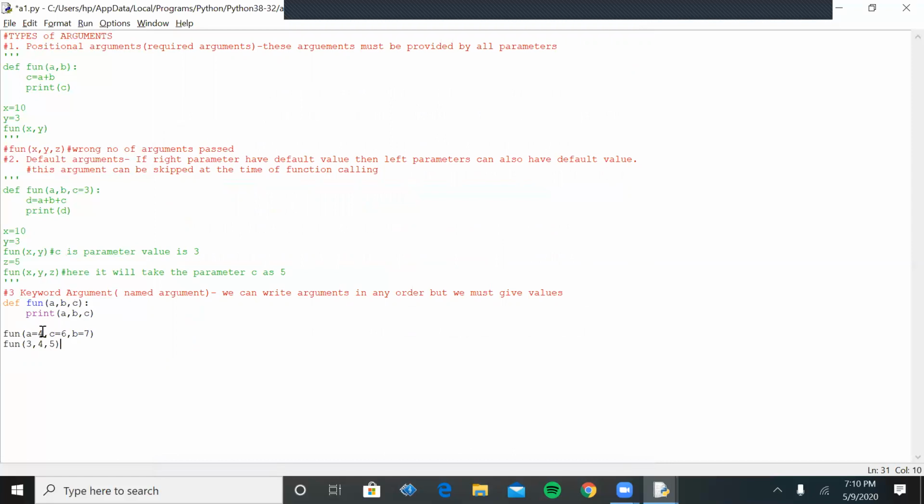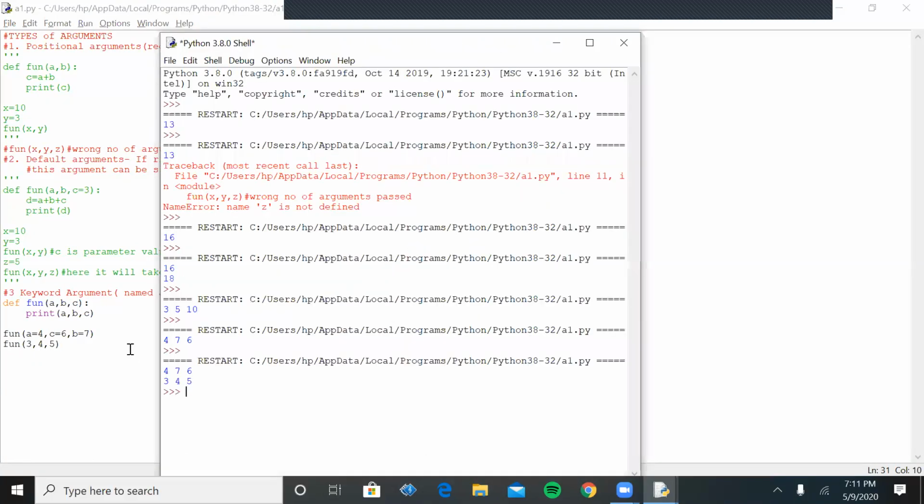But here I have specified the value of each parameter, so the C value will be assigned to C, the B value to B, and A. By using the name of the parameter, we can assign the value. This way, we can use it.